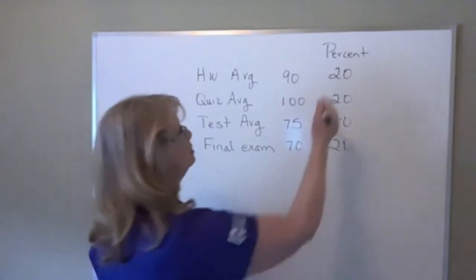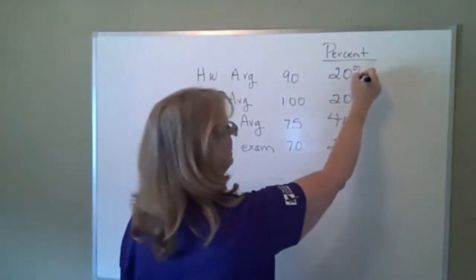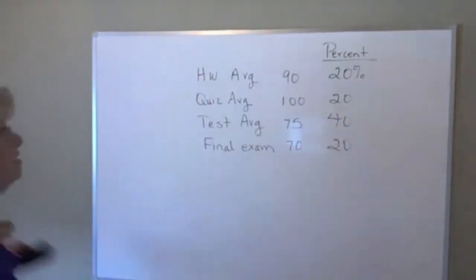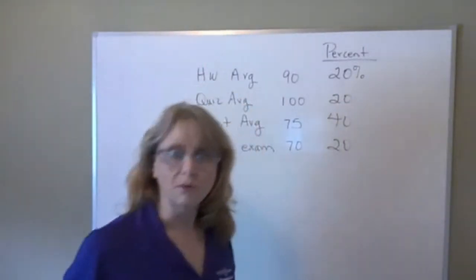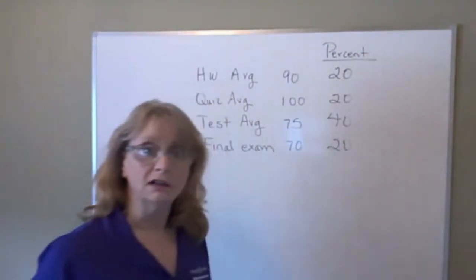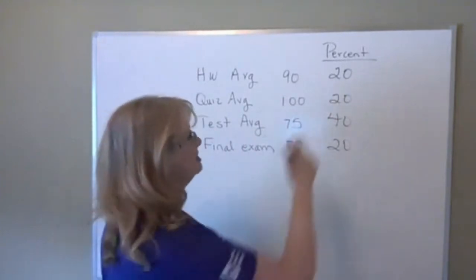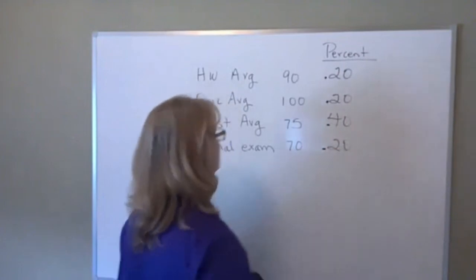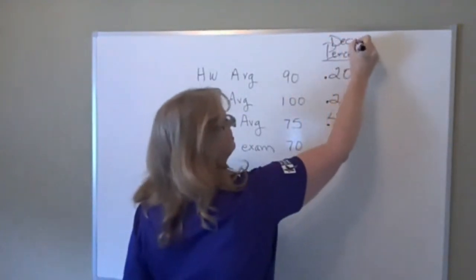So what you're going to do is change these percents. These are in percent form right now, and that's the way they have it on there. What you're going to do is change those to decimals. You never compute with a percent form. A percent form is just a look good thing. So anytime you're wanting to compute numerically, you always change that to either a decimal or a fraction. It's really easy to change it to a decimal because you just move the decimal point back 2 places. So we're changing that to a decimal.